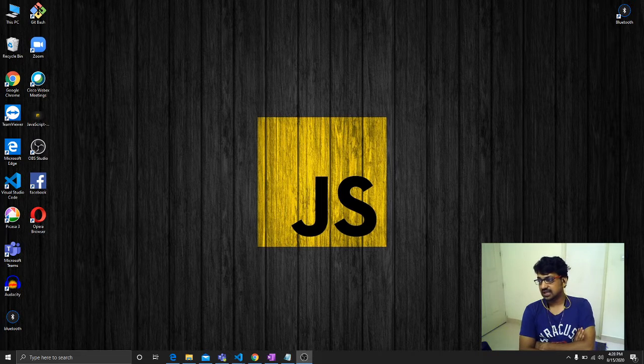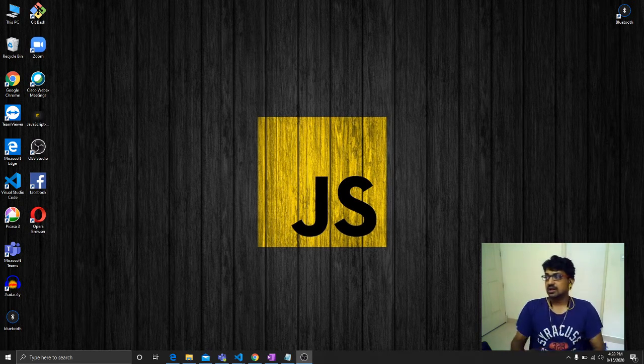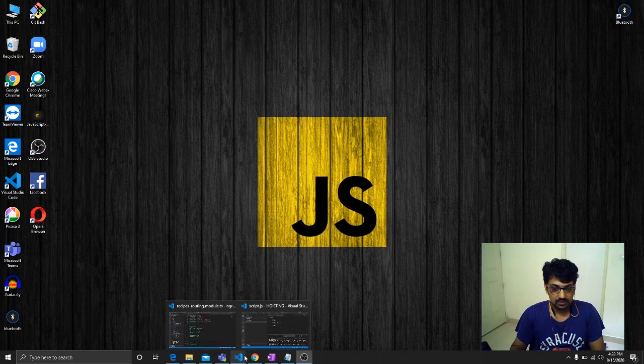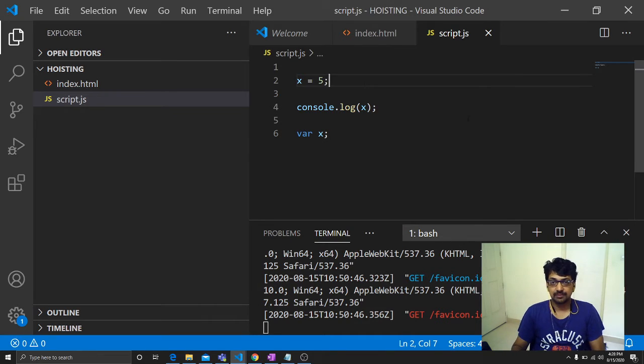So we can write JavaScript in as many ways as we want. The error only comes up when this JavaScript file runs inside a JavaScript engine, that is a browser. Till that time we don't know what the error is. So to make it flexible, JavaScript has introduced this concept called hoisting. Let's move on to see what hoisting is. For that I have made a dummy program.